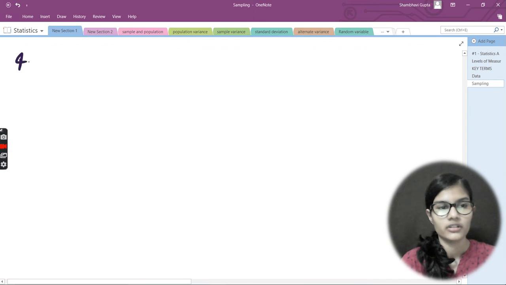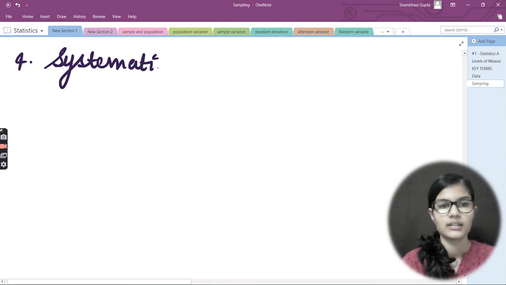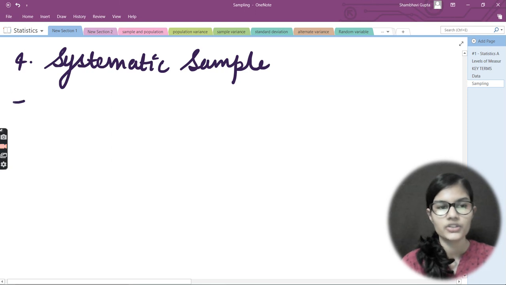After that we have the fourth one, which is the systematic sample. I would write that here as well: systematic sample. How do we do this?